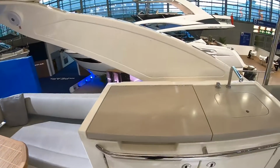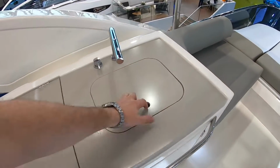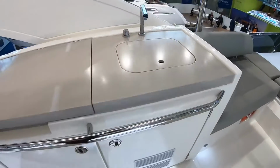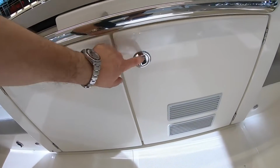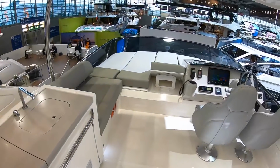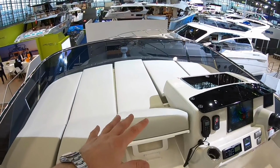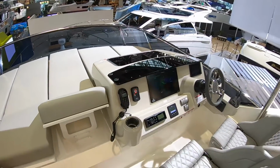What else have we got? Underneath here is the barbecue, and of course there's a sink underneath here as well. Beneath here there is a fridge on that side, and then there's an ice maker over here. And then finally up ahead there's a really terrific sunbathing area, and it's got the lift up sections as well, so you can lie here, look out over the front. That's very nice, and right next to the helm we've got twin helm seats,